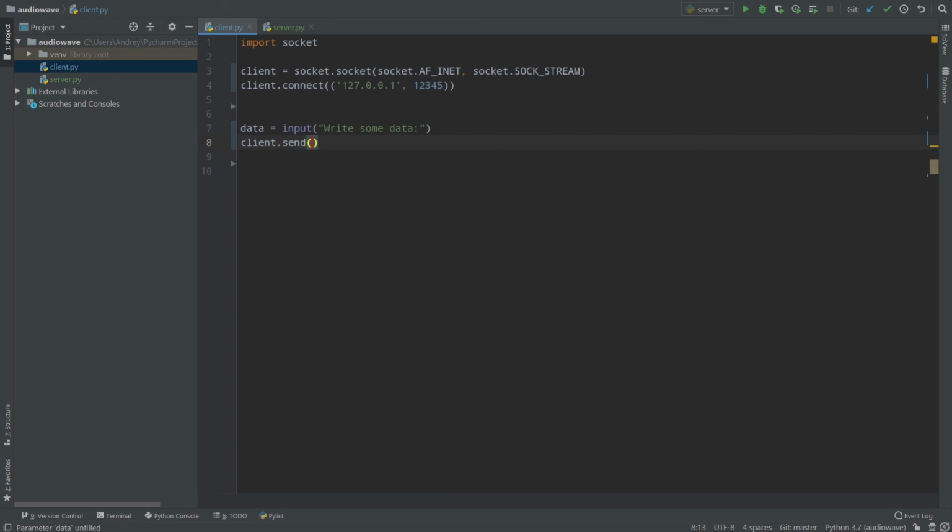Client.send. And after that, we'll send a specific amount of bytes to our server. That's it. Let's write data, but again, I cannot just simply send strings to my server, because servers and clients talk to each other using bytes. And if I want to send data to my server, what I need to do is encode that data to